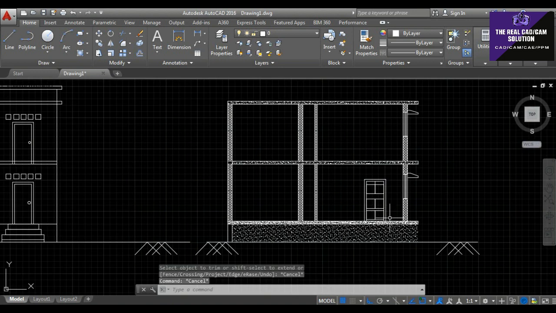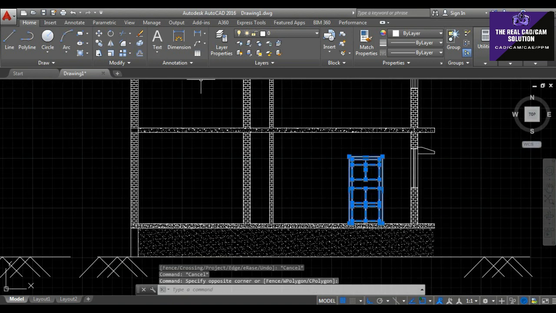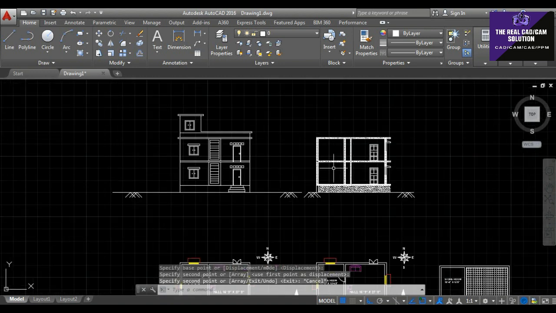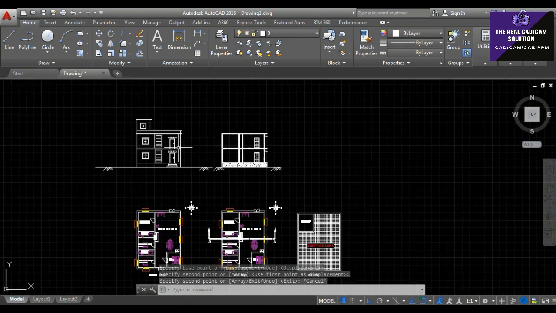Okay, same as well, copy and move to the top floor as well. Okay, we finished two sections and go to the section detailing.